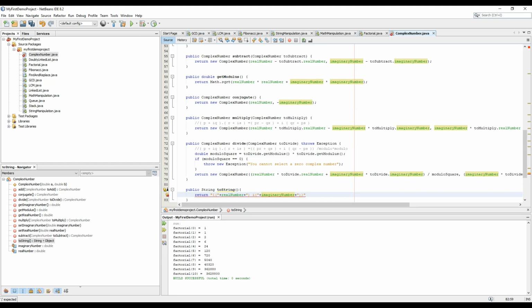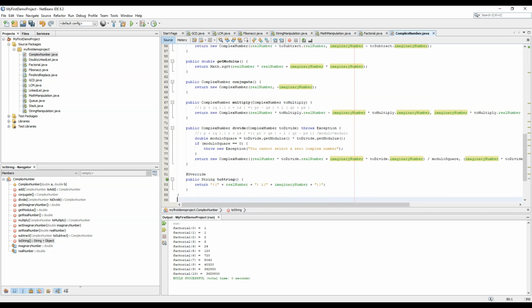So we have represented. We can use the override annotation now. We have just used the override annotation now.